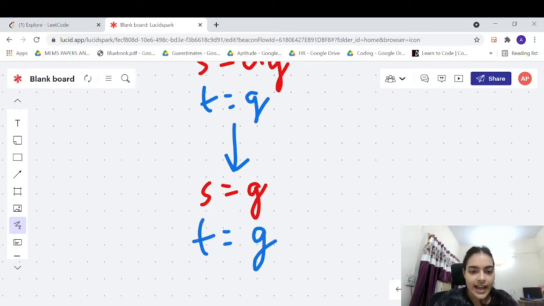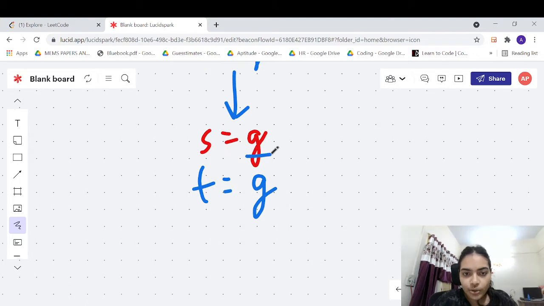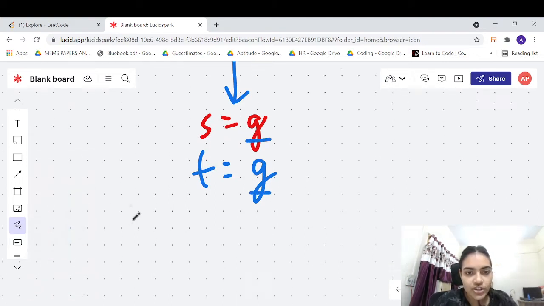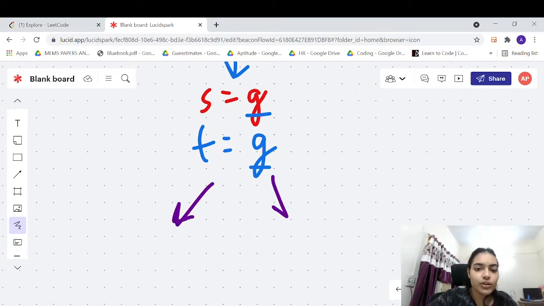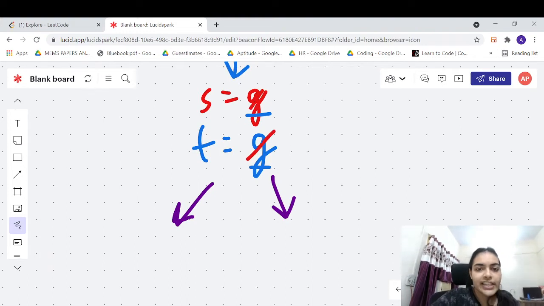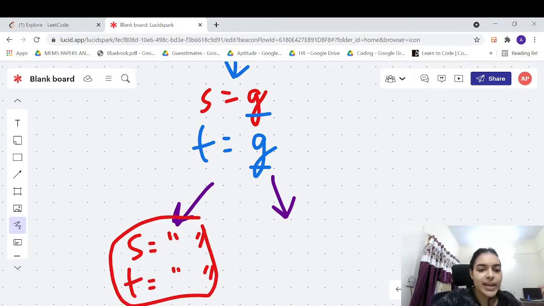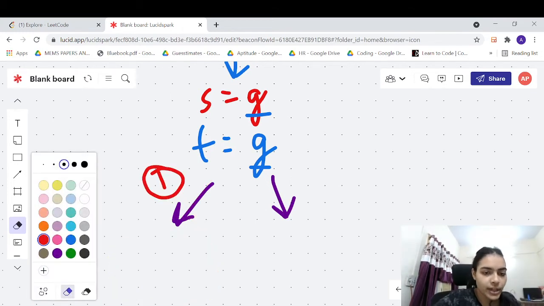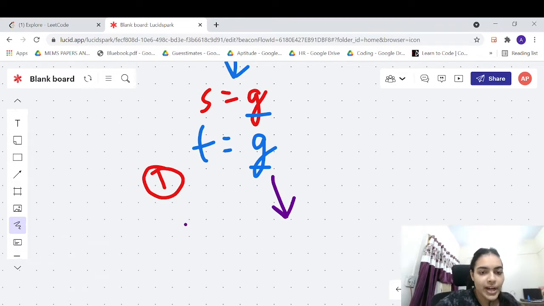Now in this case, your characters G and G match, right? So when your G and G match, you have two choices, right? What are the two choices? First choice is you eliminate G and G. In case you eliminate both of them, it means you have found the match, right? So in this case, S will also be empty string, T will also be empty string. So you have reached a base case, right? You can return with success of 1. You can say that you have found one way and you can return back because you have reached the empty case, you have made all the characters.